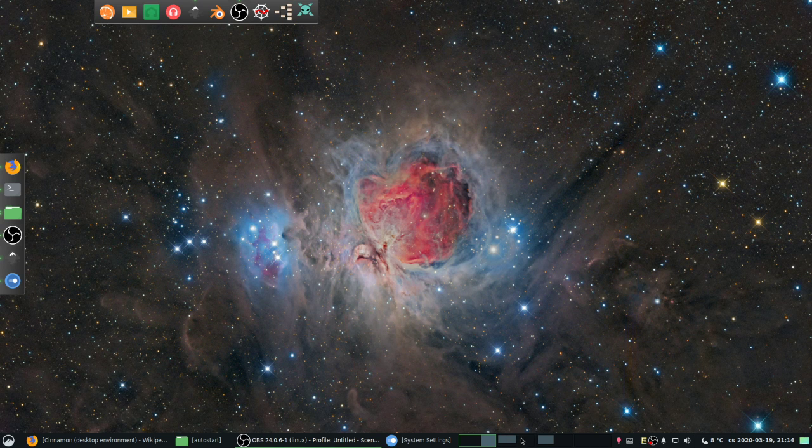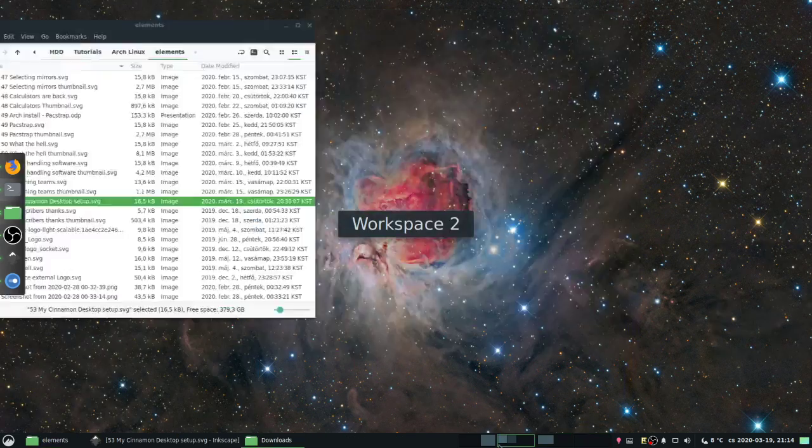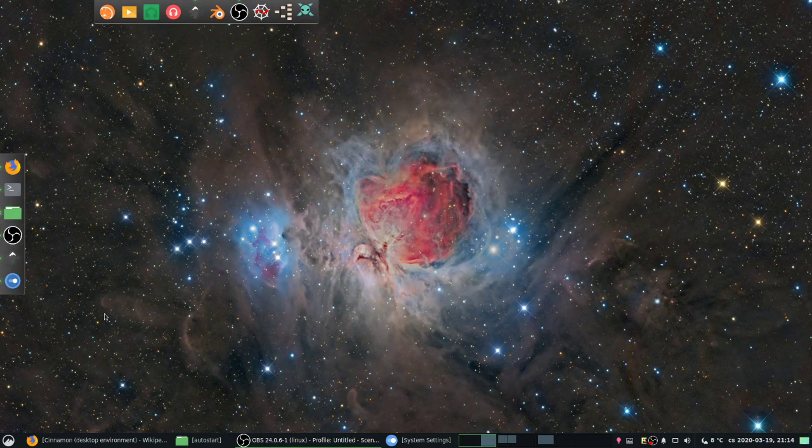on this I have the workspace switcher. I have the 4 workspaces here, and in the budget desktop I used to have it on this dock here, but Plank does not have an option for workspace switcher, so I just use the built-in workspace switcher here,